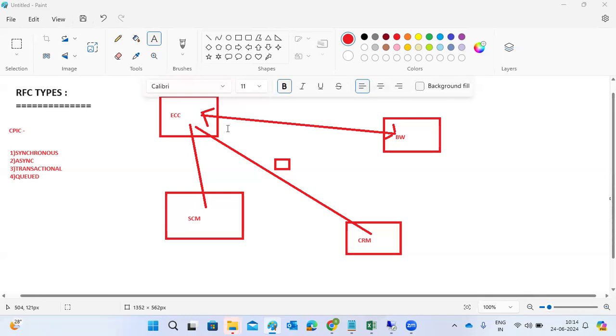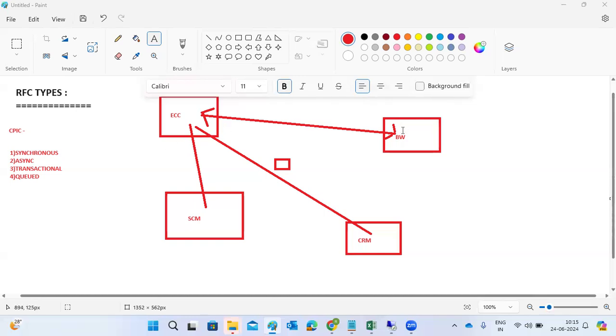So the source system does not wait for the target system to deliver the message, and it will send another message. It keeps on sending the data to the BW system, one more target system. Whether the target has received or not, it won't bother. Why? Because it won't check the consistency or any acknowledgement. So it's not reliable communication since data may be lost. If the target is not available, data may be lost here, right? But because the source does not bother whether my target, my subordinate, will receive the transaction or data or not, that's the reason in the asynchronous communication